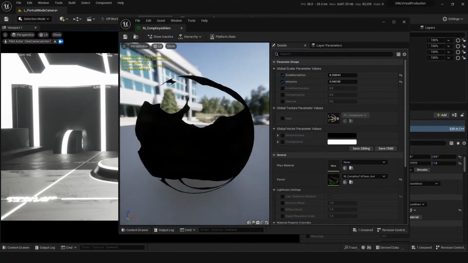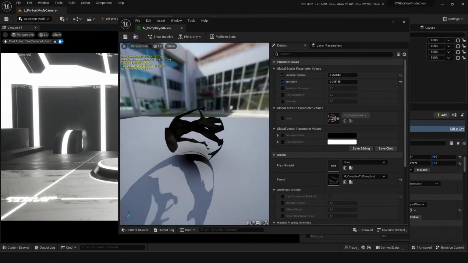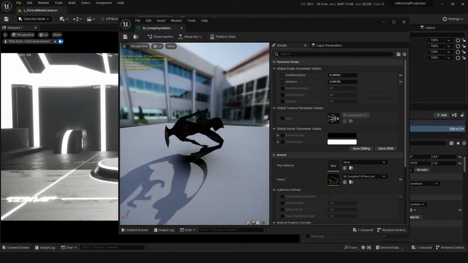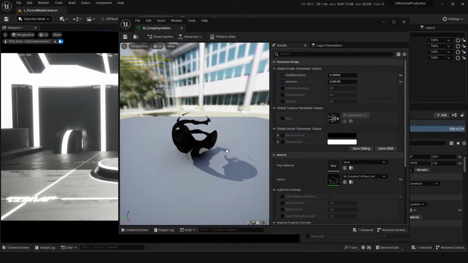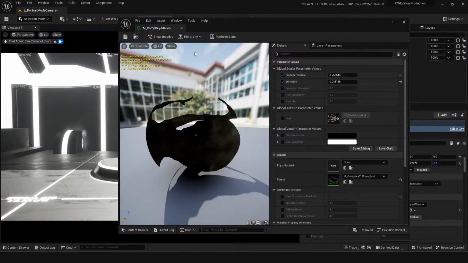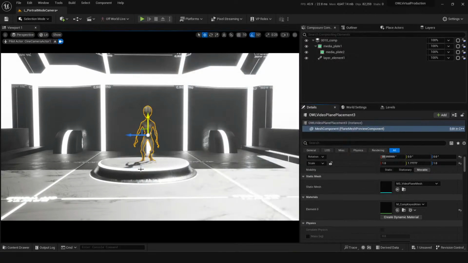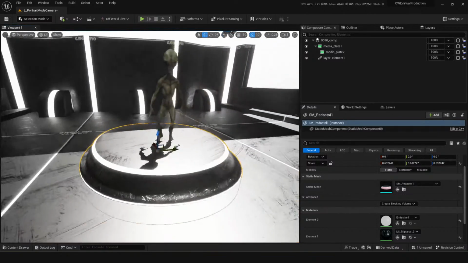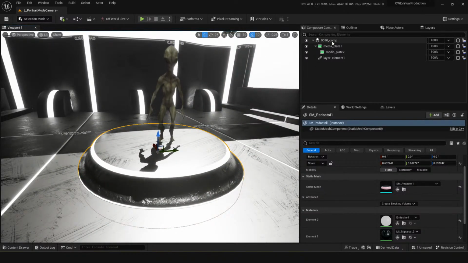This is the material. That's pretty cool. And this just gives me an in-game reference. It also gives me these shadows, which is quite good. You get real-time shadows.